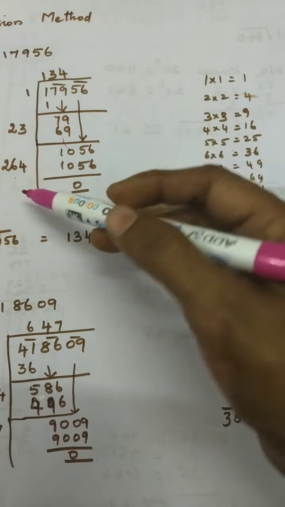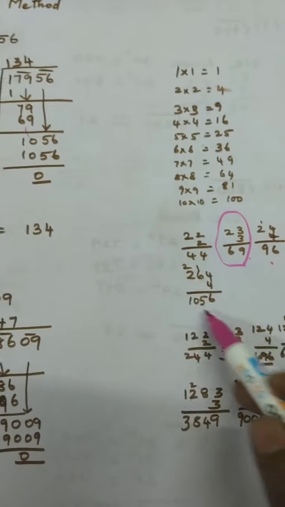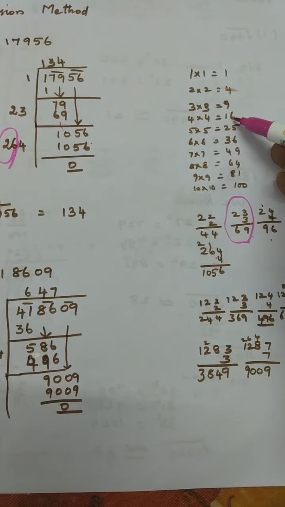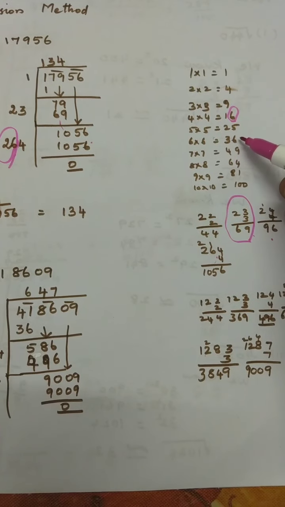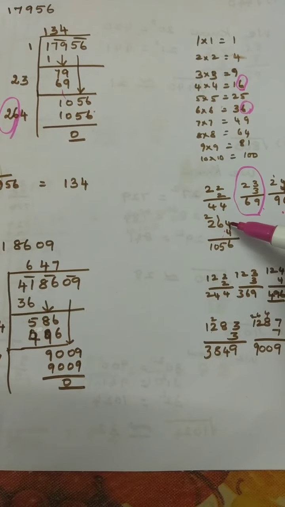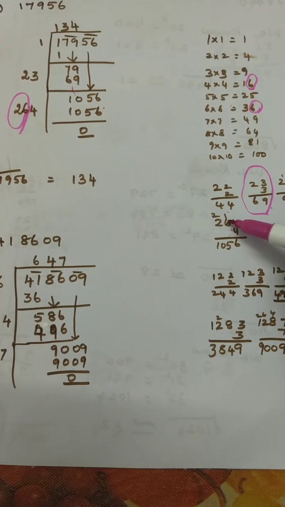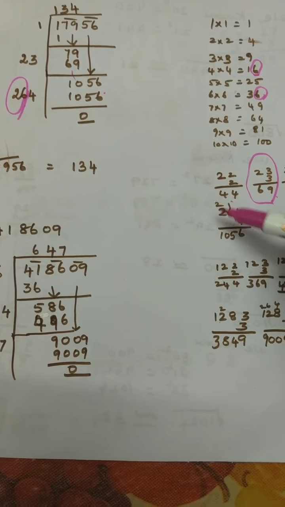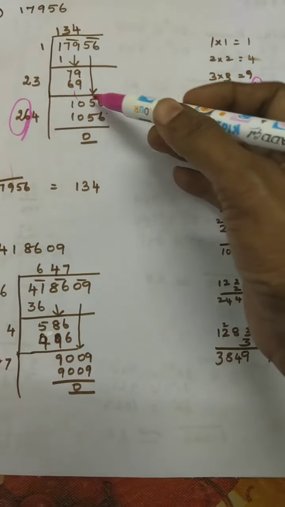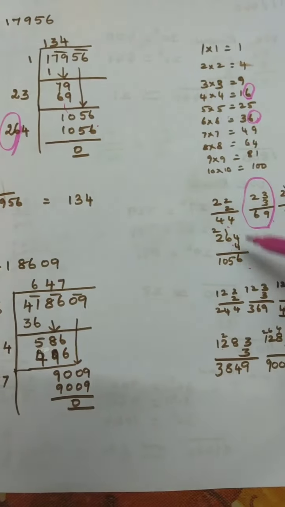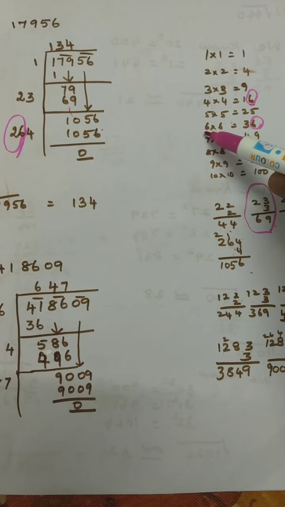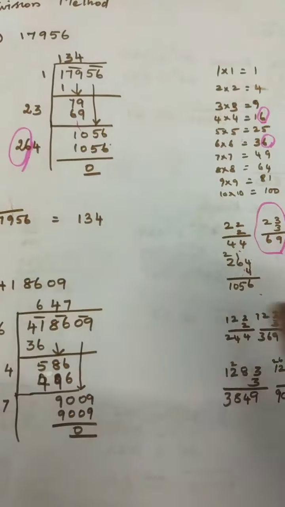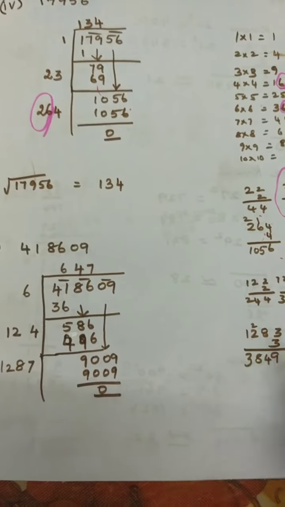You bring down 56. Now with this 26 you have to add and see 4. Here you are adding 4 because the end number is 6. First you are multiplying by 4 and seeing. 4 4s are 16, remainder 1, 6 4s are 24, plus 1 is 25, remaining 2, 4 2s are 8, 9 and 10. 1056. If 4 is not coming, you have to try with 6. It is coming, so we are writing the answer. Now the root of this is 134.